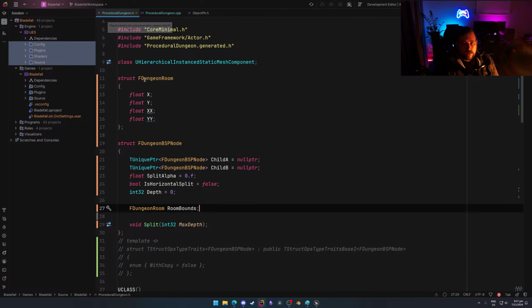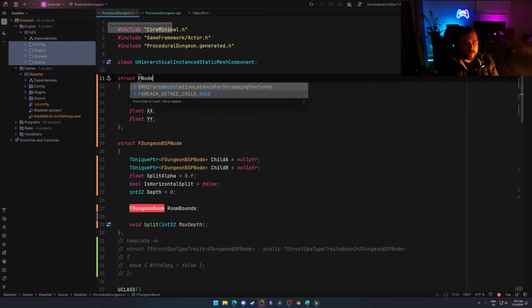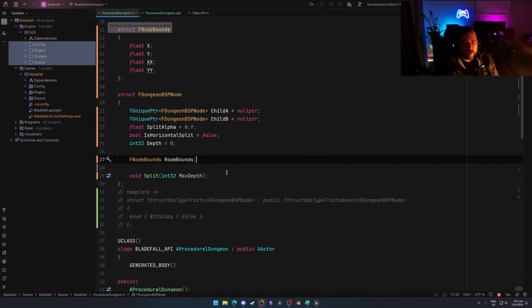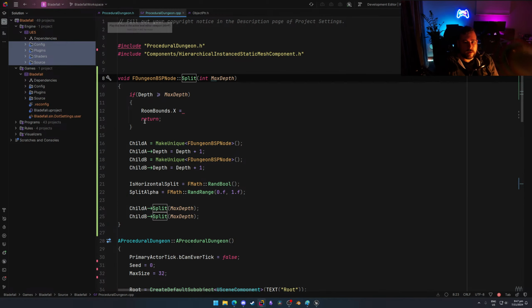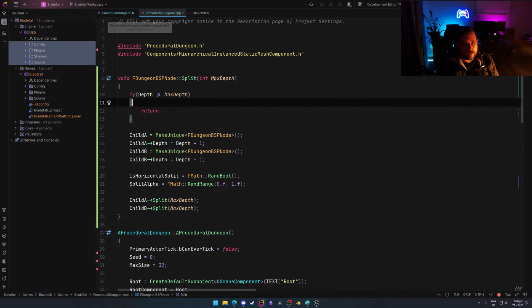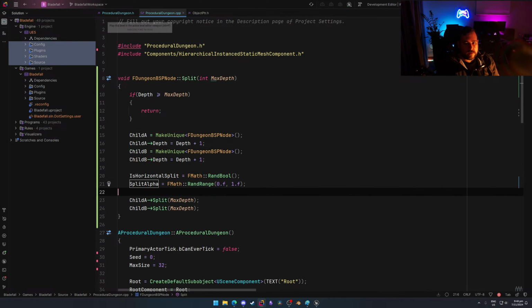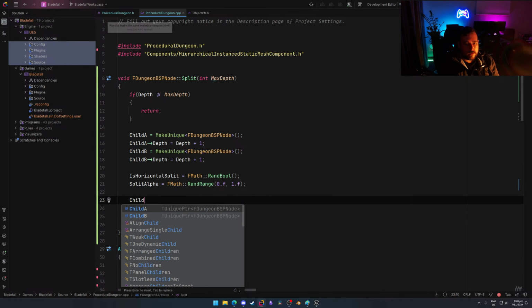Okay, so what I'll do is I'll call this like room bounds, or like node bounds. And I'm actually going to calculate it for every single one of them rather than just the last one, the leaf children, because I think it's going to be useful to have. So what I need to do basically is I need to set the children basically as we do this. So child A dot